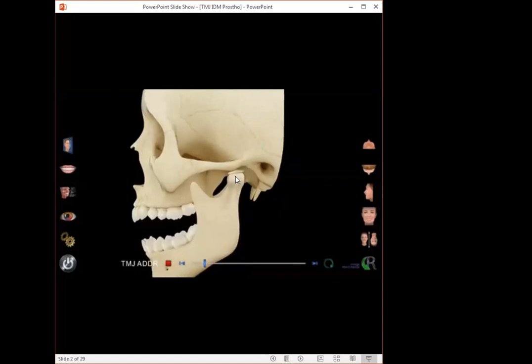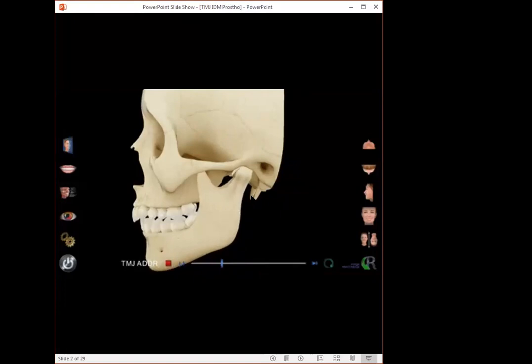So if you see, the condyle articulates with the articular fossa, and you have the articular disc that is between the mandibular condyle and the articular fossa. So your TMJ is nothing but a joint between the articular fossa of the temporal bone with the condylar process of the mandible, interposed with the articular disc. Whenever the mandible is moving, you can see the disc also moves along with the condyle. Whenever this movement is not happening properly, you end up with disease. Okay, so is that clear?